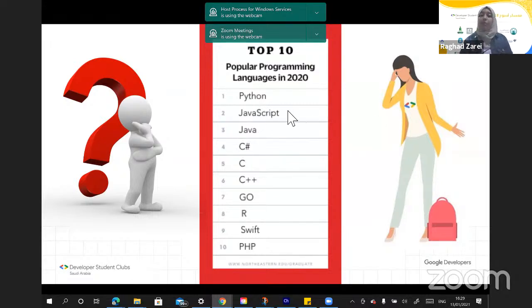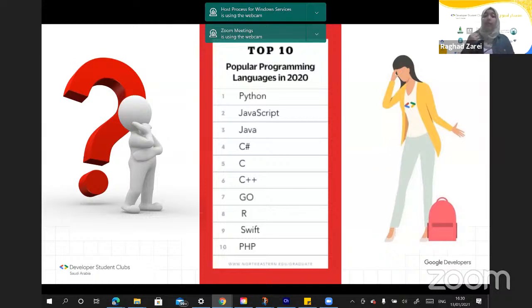Then the top languages might not help except Java or Kotlin. Kotlin is not in this list, but it is important for Android development. So let's talk about web development. The main part of web development is HTML and CSS. Do you see it anywhere on the list? No.